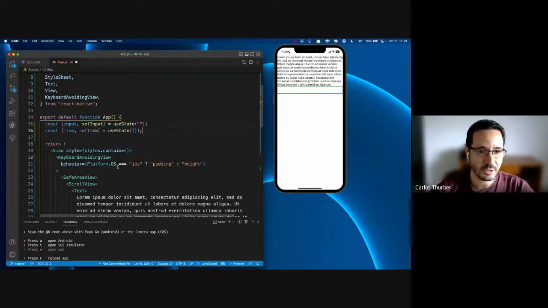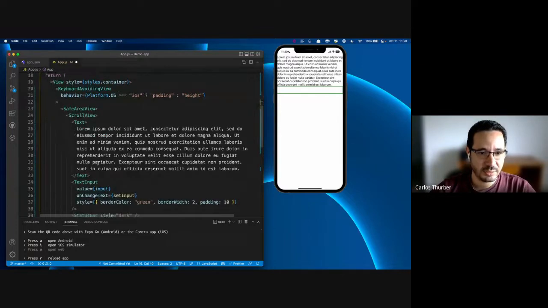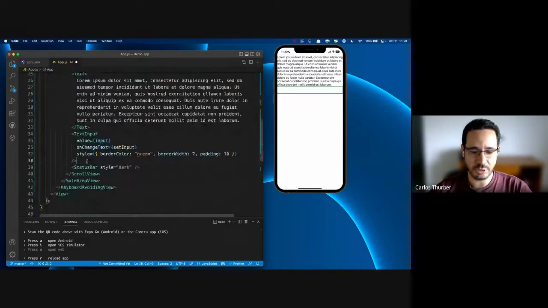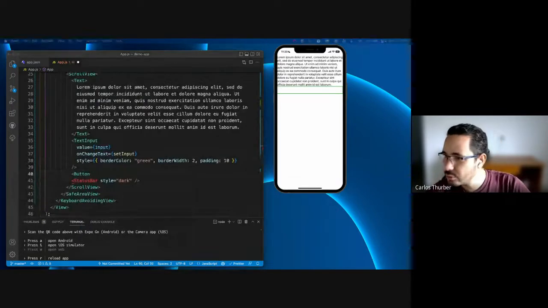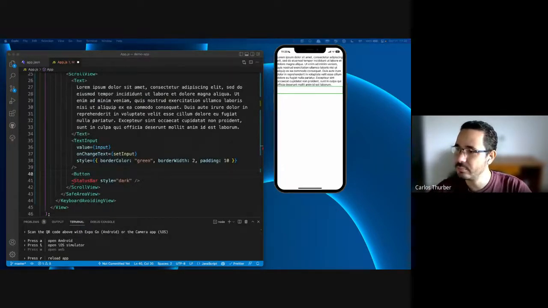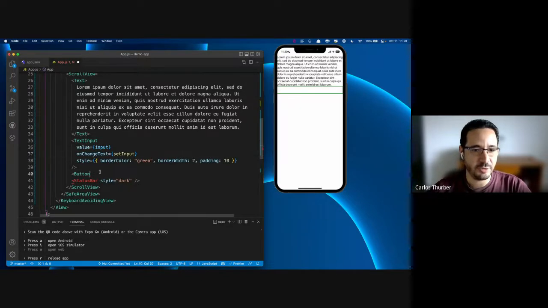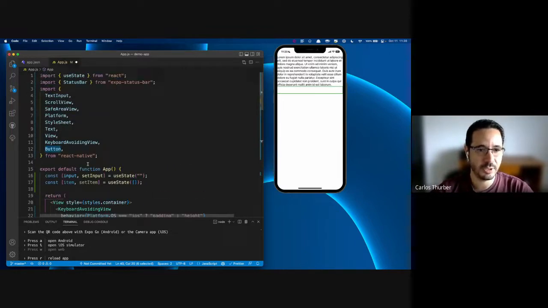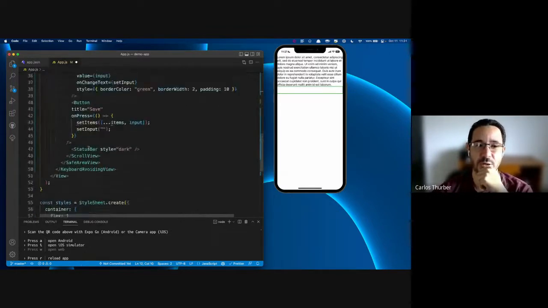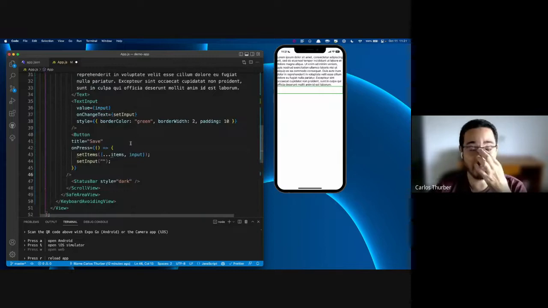Okay. Let me see. Let's add a button here to work with that. Button. React Native also provides a button component. React Native actually provides a lot of components for handling inputs. For example,